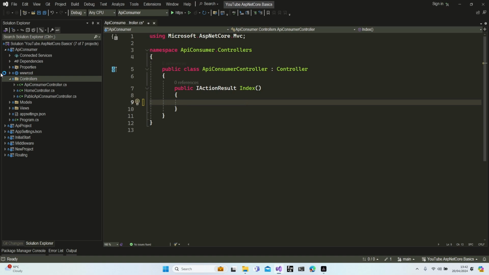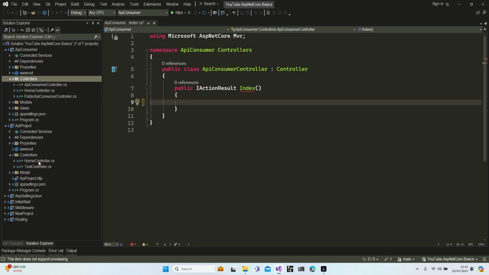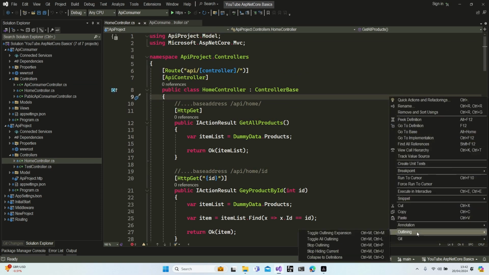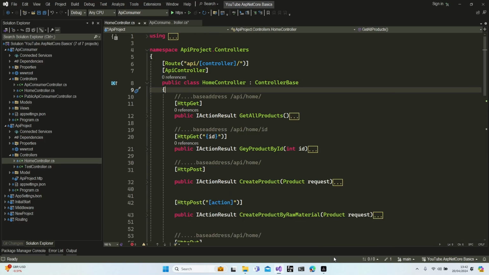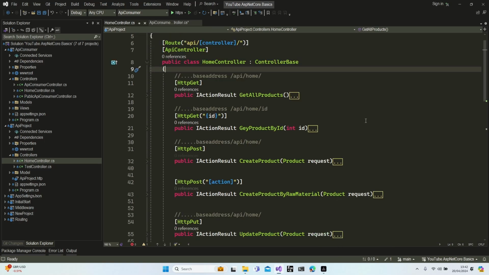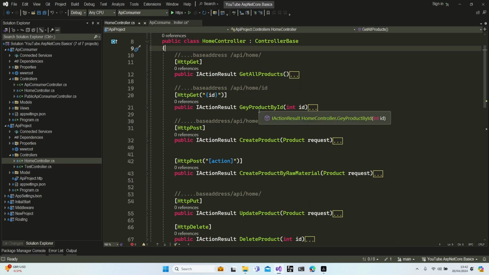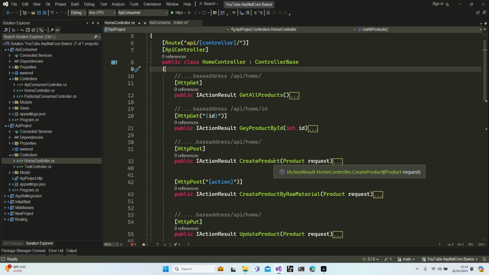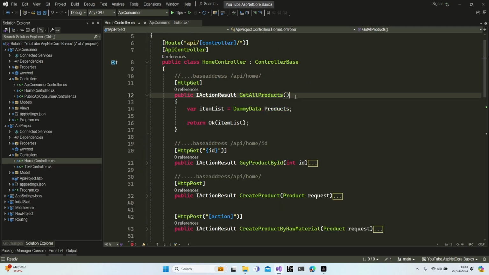All right, let's get back to our API project and let's see what kind of endpoints we have. Controller, home controllers. Do we have some? Yeah. Let's collapse to definitions and let's see what kind of endpoints we have. Get all products, product by ID, create product, borrow material, update and delete. All right, perfect. We can use these endpoints, but these endpoints are returning